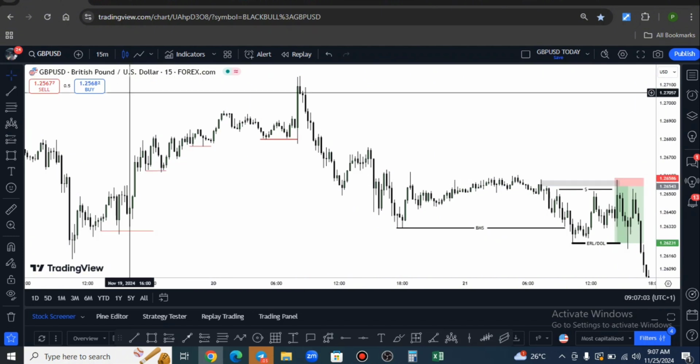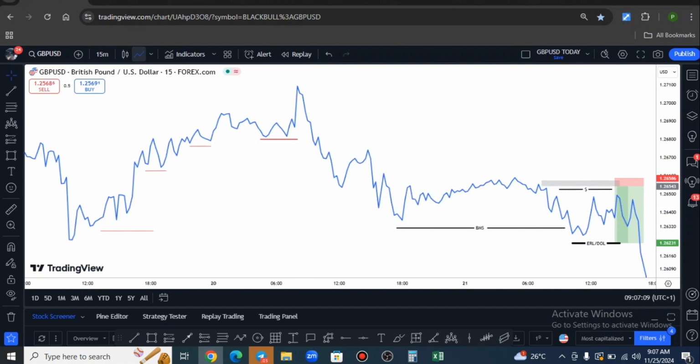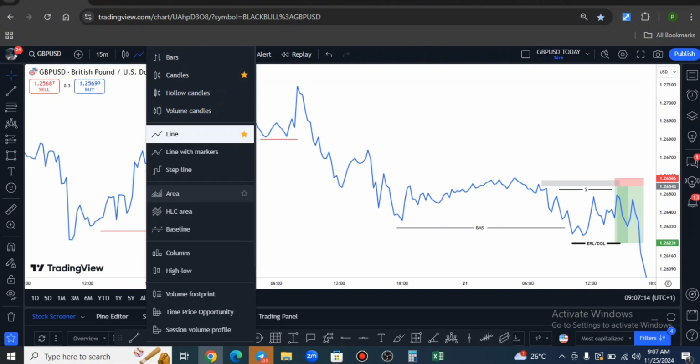Now some of you might not have your chart looking as beautiful as mine. Some of you, for some reason, might have your chart set to line chart or something else that is not candlestick, because we have several options. I'm going to show you how all of these things work. First of all, make sure this right here is set to candlesticks. Come around this point above right here,